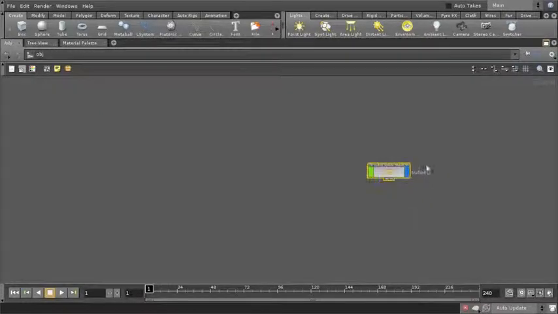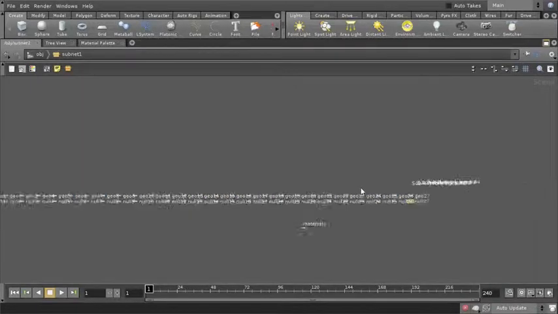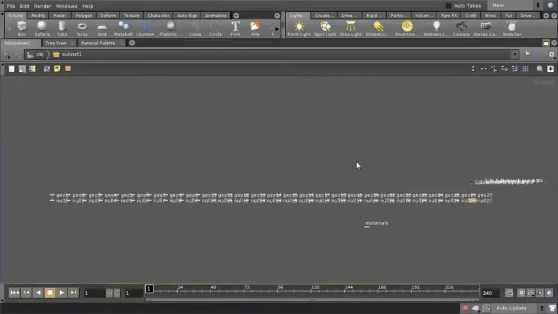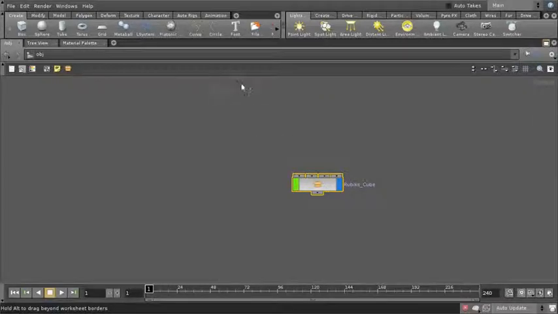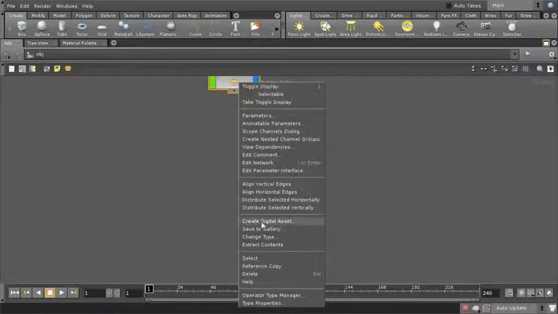Let me get closer to it. Here you can see it created this subnet node for me, and inside it, it put all of the nodes we had selected. So let me go up a level here. I'll just rename this subnet node. I'll call it Rubik's Cube, and then I will use this subnet to create my digital asset. It's fairly simple. All I have to do is just right click on this node, and here you can see create digital asset. I'll just click on it,